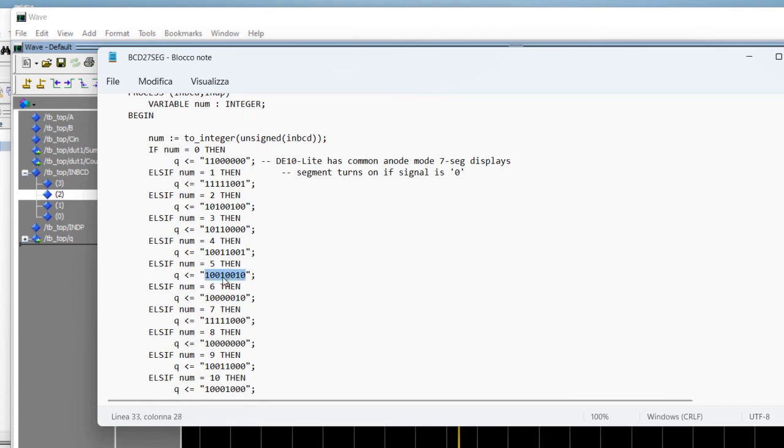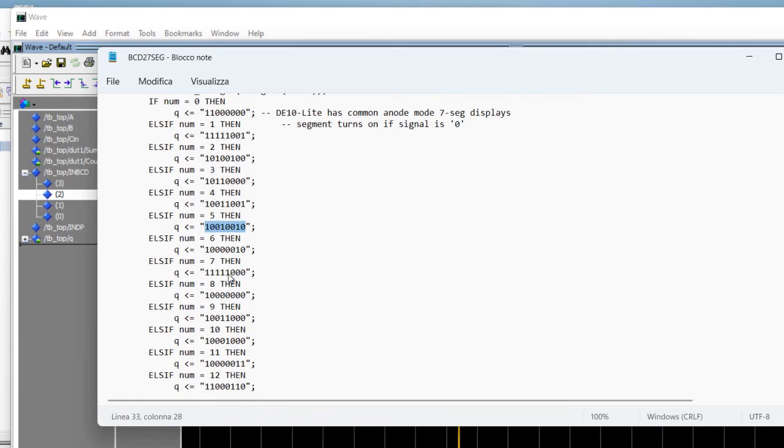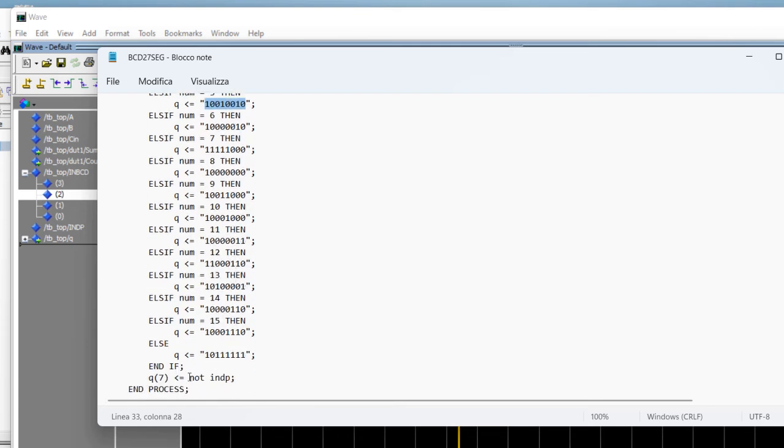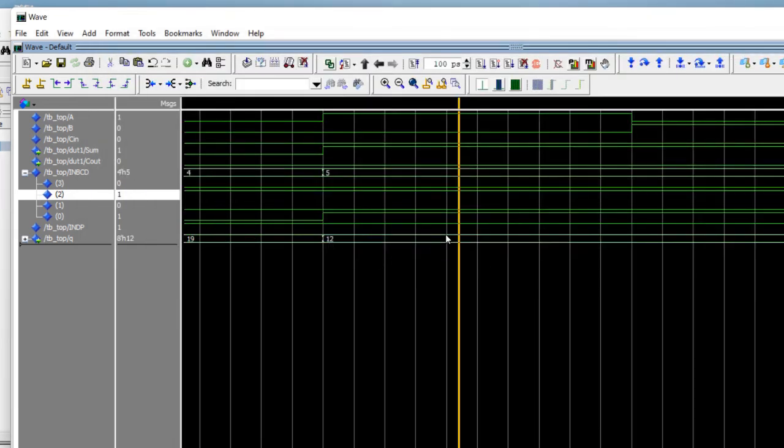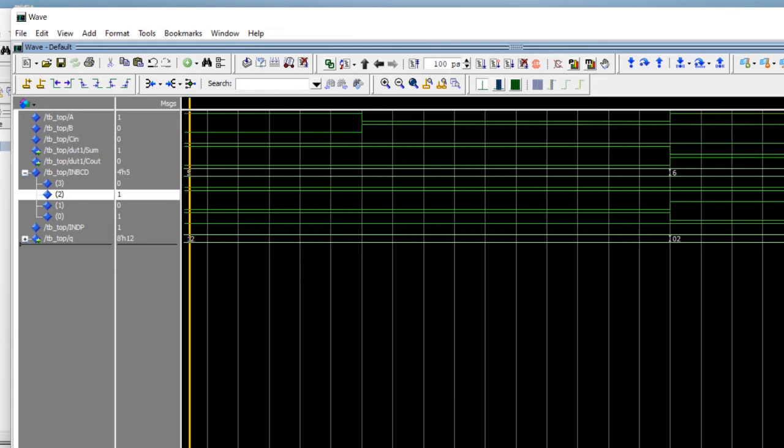And so we have 9, 2, but not 9, 1, 2, because the 7th bit, the most significant bit, is turned to 0 here, because we want to turn on the decimal point. And so it is 1, 2, so it is correct. And so on, you can test